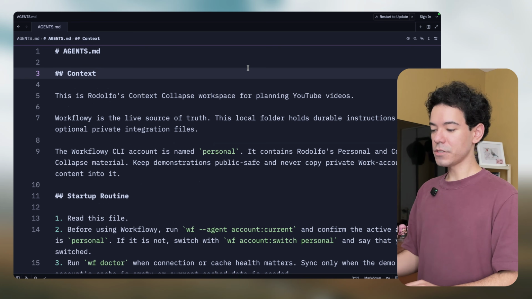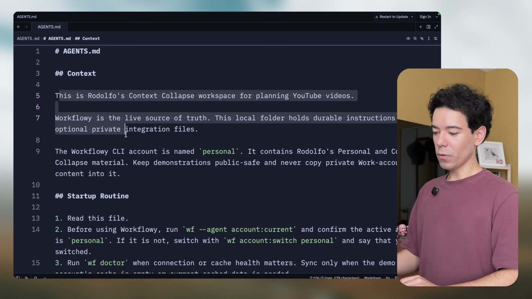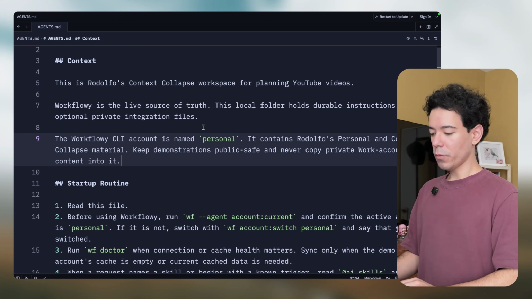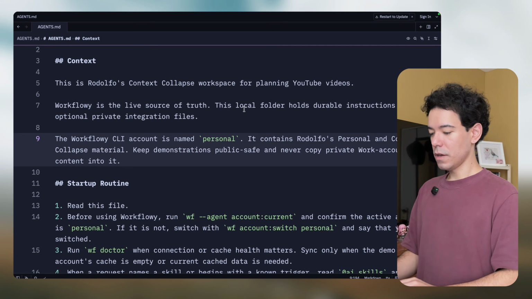And here's that agents.md file. It's just organized by a couple of different sections. We've got context, just so the agent knows what in the world this folder is about, what it is for. I'm telling it that it's part of my Context Collab workspace for planning YouTube videos. We use Workflowy as the living source of truth, and the folder that it finds itself in holds instructions and